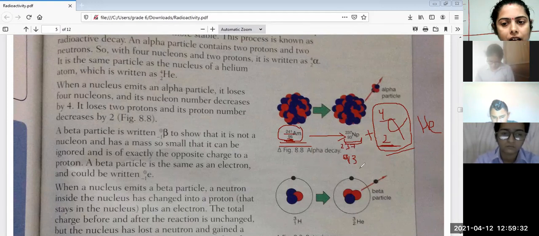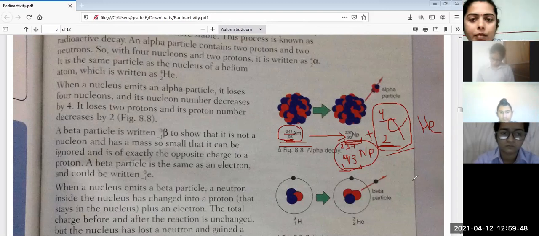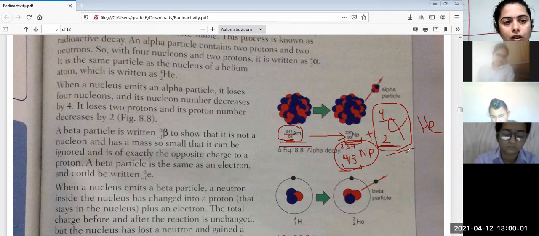Then you will see the periodic table. You will check the atom with 93 atomic number. And when you check that, that is Np. So this is the new atom formed after the alpha decay. Got it? Same way it can be about any other atom. They are going to tell you कि इसमें alpha decay होगा. So tell which new atom is going to be formed. So alpha decay means 4 2 alpha, फिर आपने balance करके बताना है.